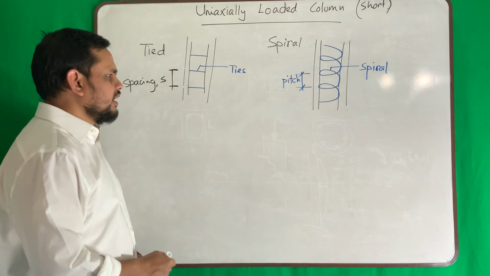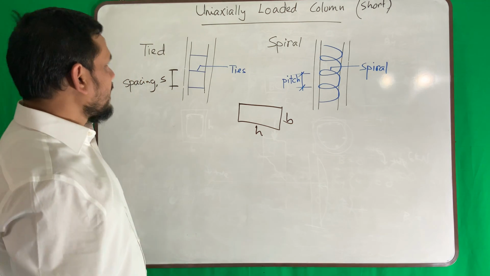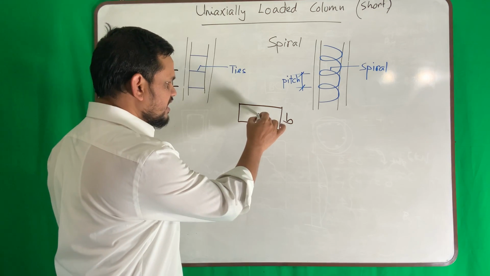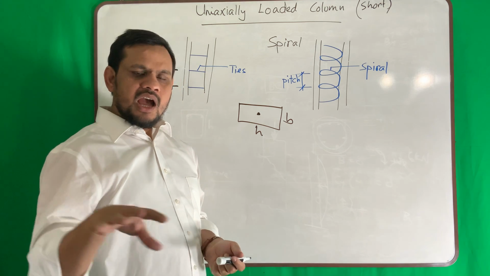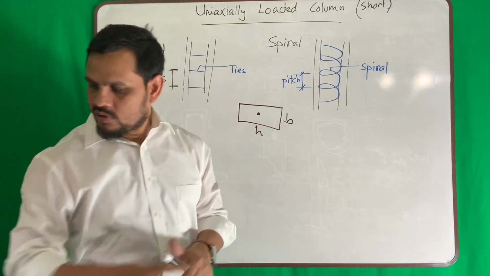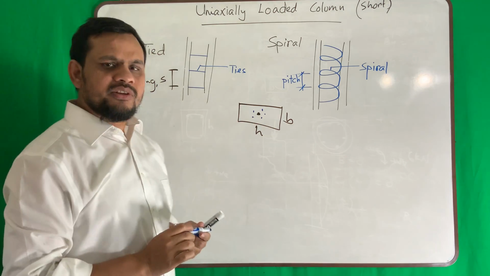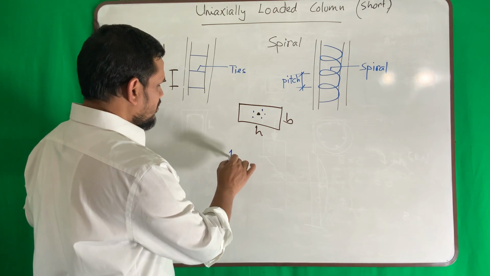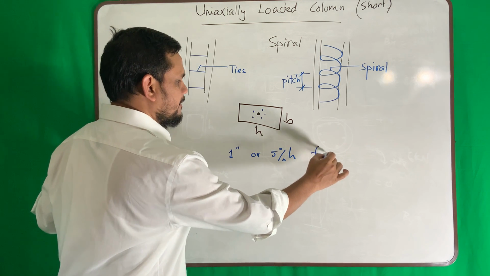Okay, then the next discussion is some common requirements. Before starting, say this is B, this is H. So I'm telling you it is uniaxially loaded. That means load must be at the center. Now it is not always possible. Like our ACI code says, if there is some eccentricity, that means if my load acts somewhere away, somewhere here, still we may consider it uniaxial. But what is the threshold? Threshold is 1 inch or 5% of H for